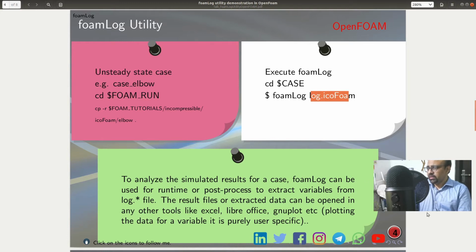Let me explain the next few slides. Like I said, if we want to analyze the simulated results for the case, the log file can be used by the runtime or post processor to extract variables from the log file, as I already talked about. The result file or exported data for the variable can be opened in